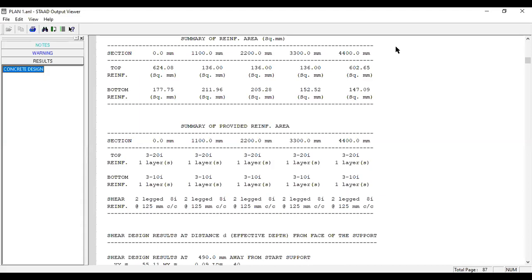Yes, Syed, you have a question? Yes, sir. For 136 square mm, why do they provide this? Yeah, sometimes it will provide on the higher side. So that's why I'm telling you, you can convert to a smaller bar. Just 1 bar of 12 mm dia is sufficient. So provide 2 bars of 12 mm dia for 136 square mm.